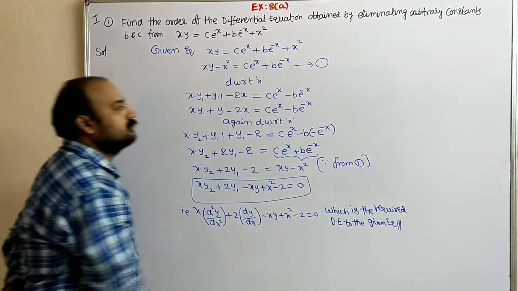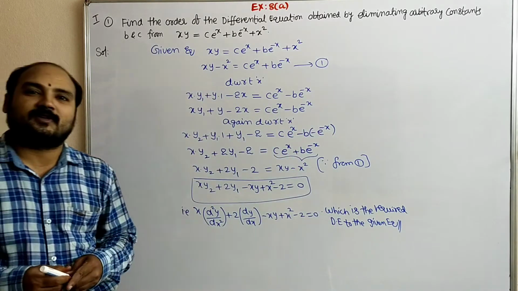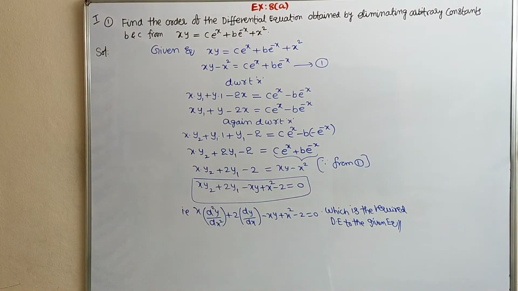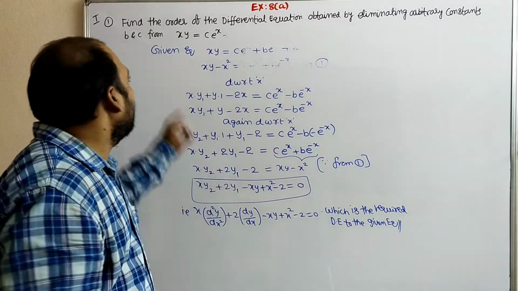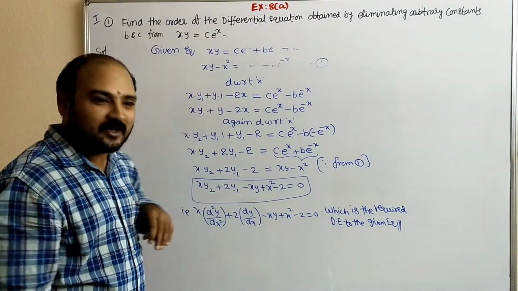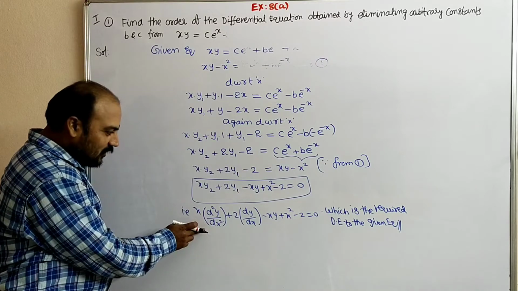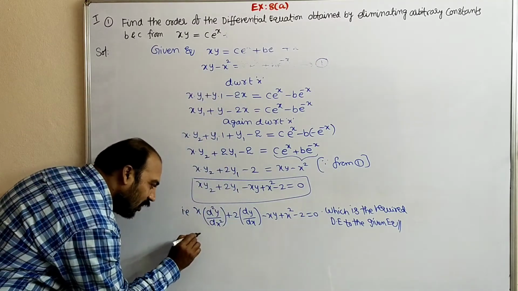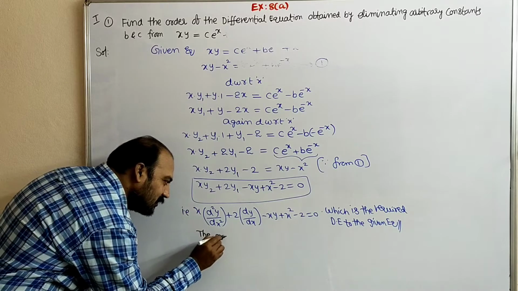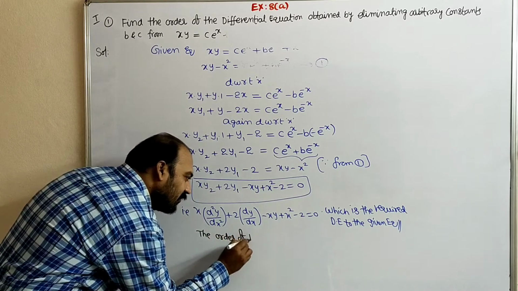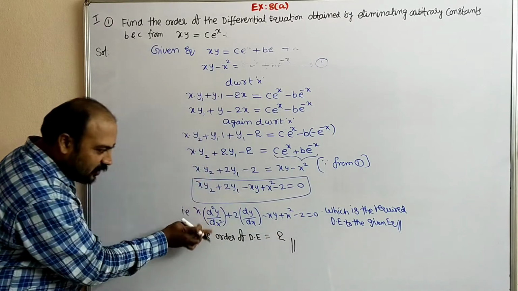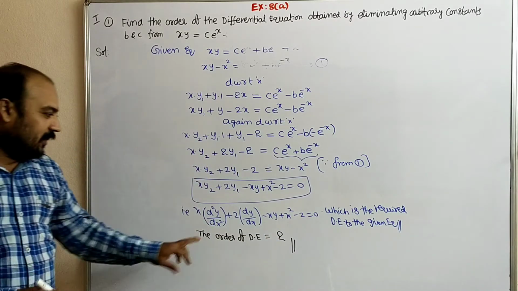Simple. This is the way you have to do that. Sorry dear students, here they are asking, find the order of the differential equation. No? Here, what is the order of the differential equation? Two constants are there, means 2 times. So the order of the differential equation is equal to 2. Why? Because d square y by dx square is there, no? 2 times. So order is 2.